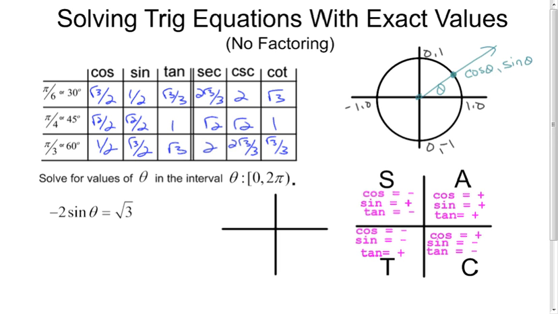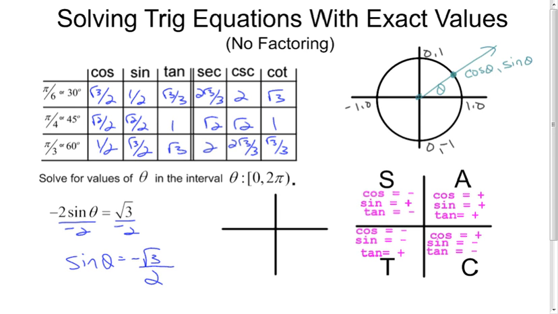Okay? So, let's get to work. I'll try and keep my color coding consistent as I do these problems, so you can refer to the pieces appropriately as they develop. So the first thing I'm going to do here, in this equation that I'm going to solve for values of theta from 0 to 2 pi, is isolate the trig function, okay? And I'm going to do that by dividing by -2. That is going to give me the result of sine of theta equals